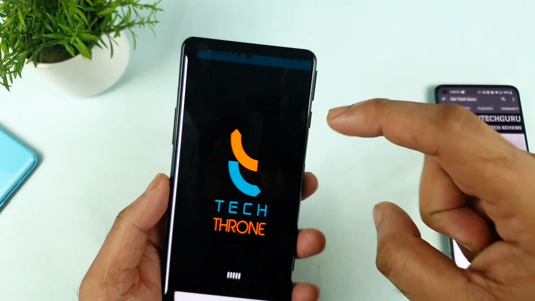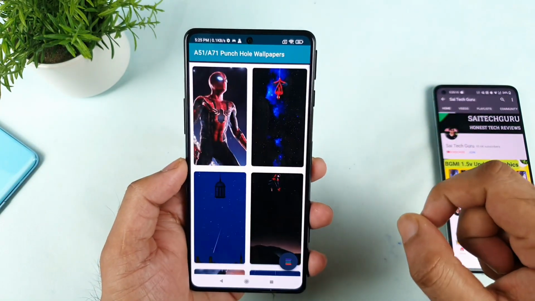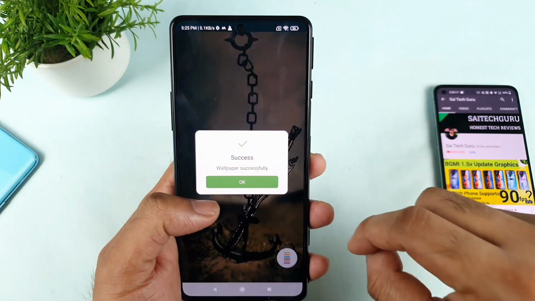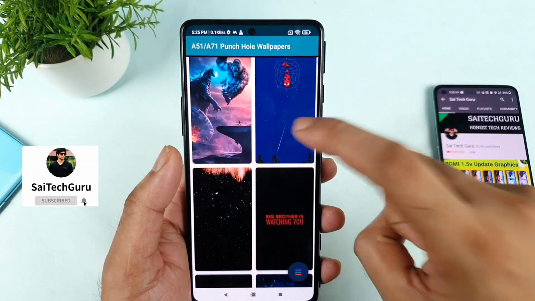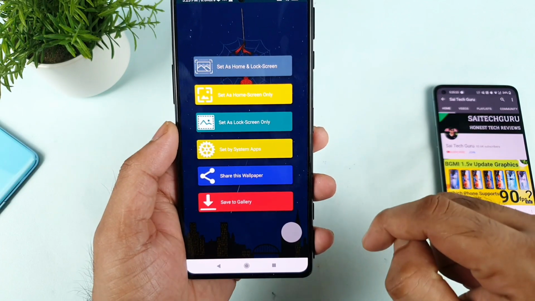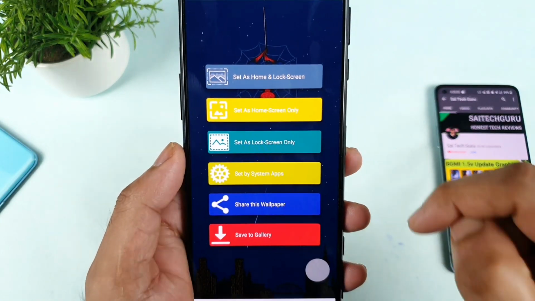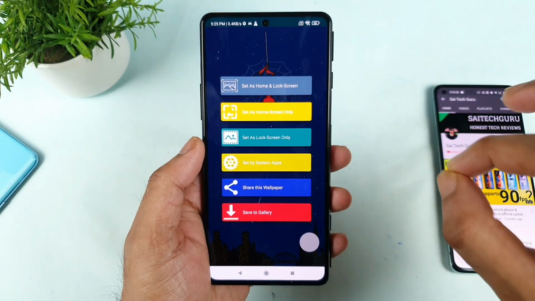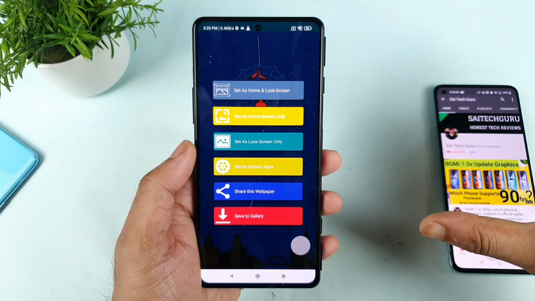The first main thing I'm really interested in is that you can actually download these wallpapers. Yes, absolutely. Let me show you, friends. Once you click on this wallpaper, try to click on this line. Now there's an option called save to gallery. There's a very good advantage with this application: you don't need any kind of pro version at all.